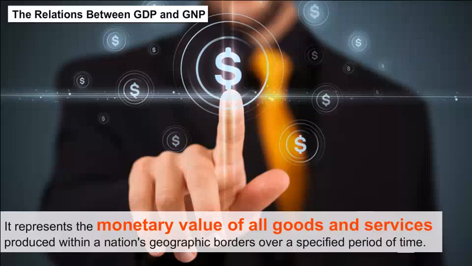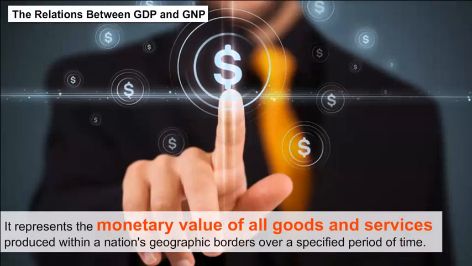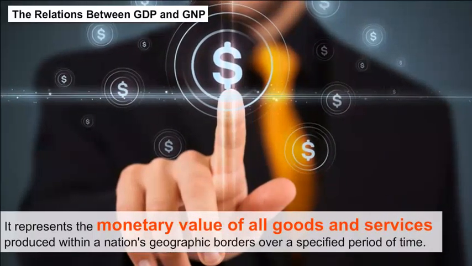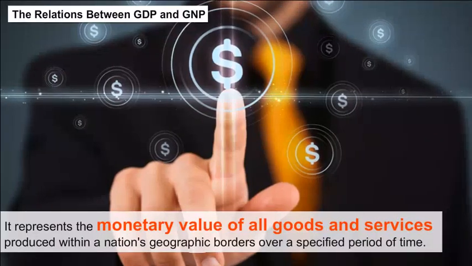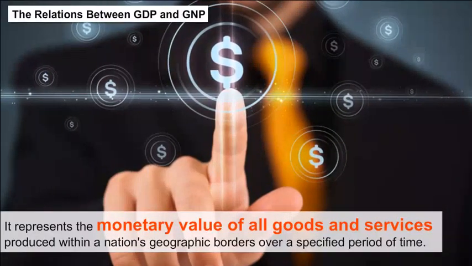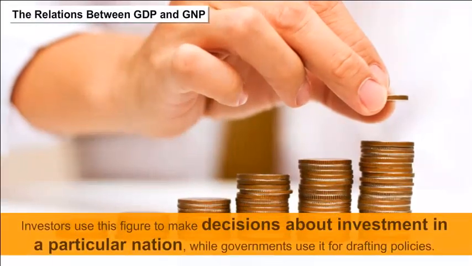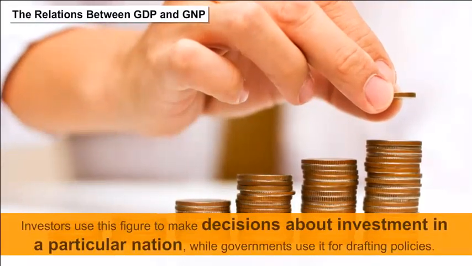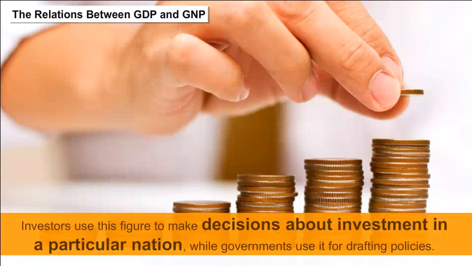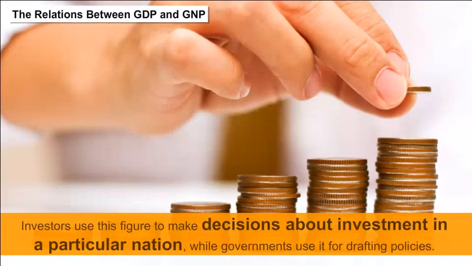It represents the monetary value of all goods and services produced within a nation's geographic borders over a specified period of time. Investors use this figure to make decisions about investment in a particular nation, while governments use it for